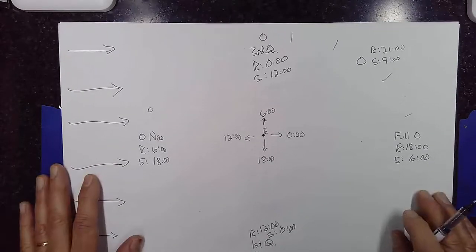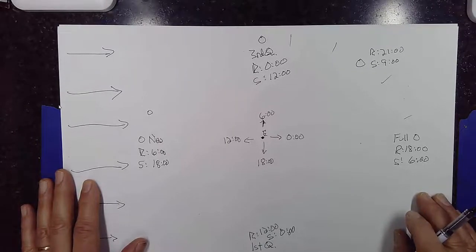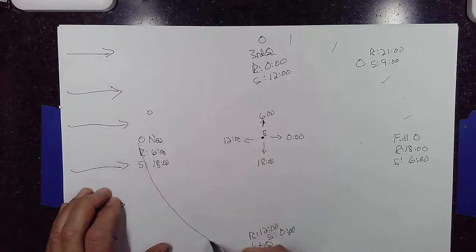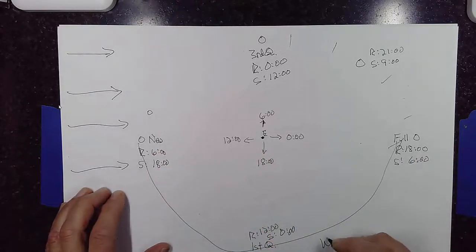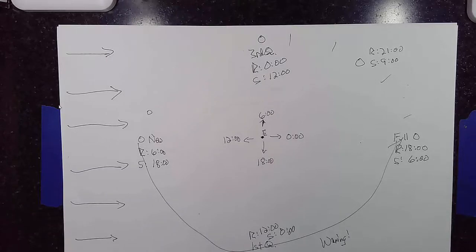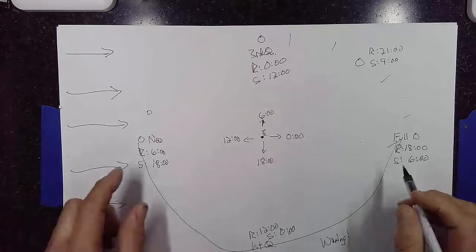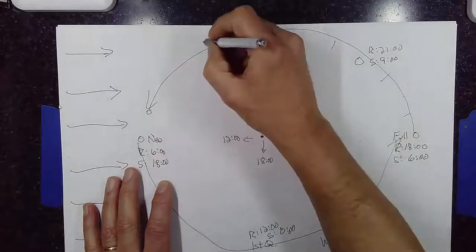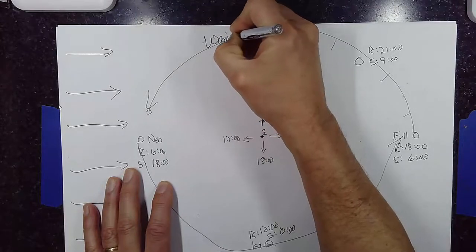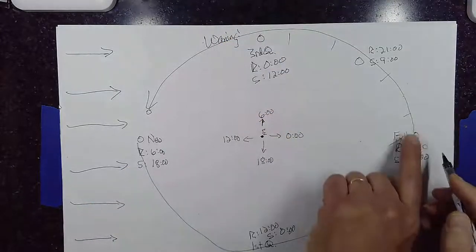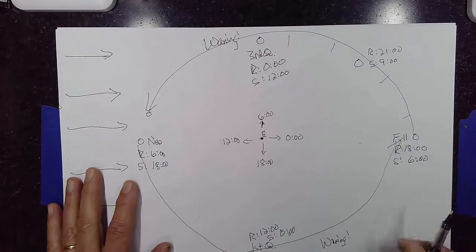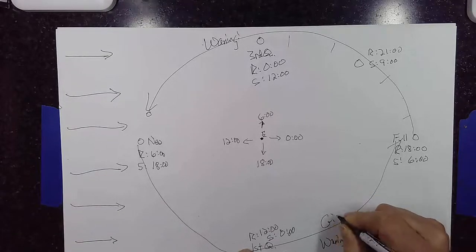You can also remind yourself of all sorts of things with a diagram like this. You can put from here all the way around to here, you can write waxing, because the portion of the moon that you see night by night is growing larger for this entire half of the cycle. Then you can go from here all the way around to here and write waning for that entire half of the cycle. The portion of the moon that you see night to night is growing smaller, or the illuminated portion you see is. And you can put gibbous in here